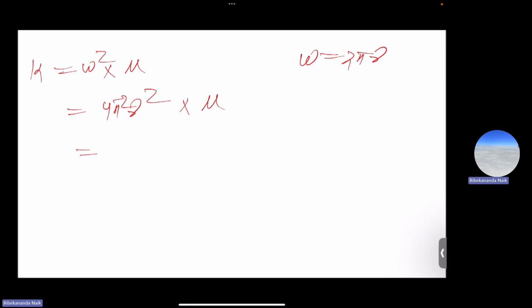So it will be 4 into 3.142 square into nu square, where nu is 2 into 10 to the power 13, squared,